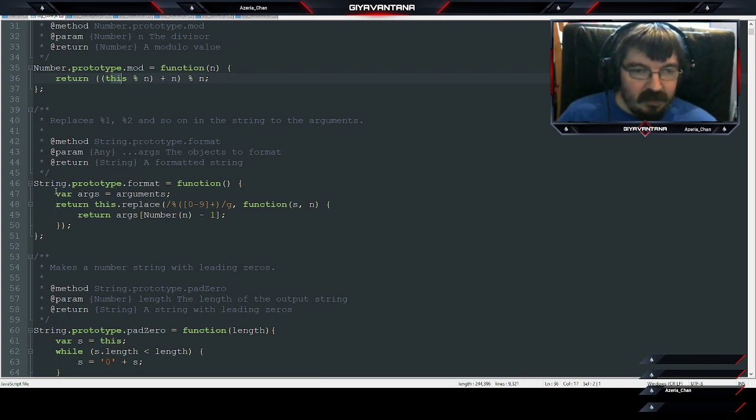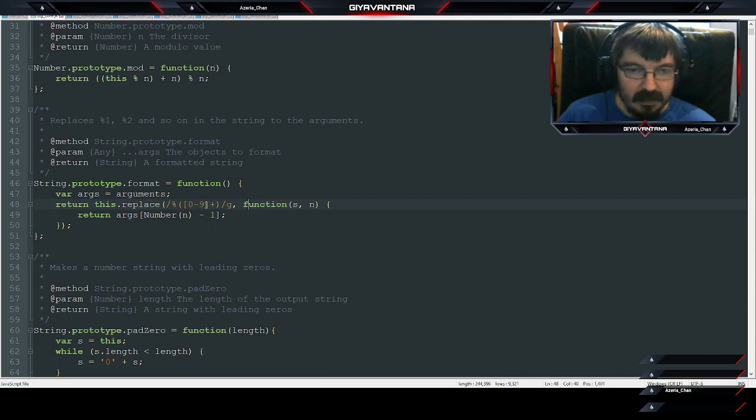First of all, we set a temporary variable called args to the arguments that are passed into it, whatever they happen to be. And then we're returning the result of calling the replace function on the current string. And what we're replacing is a percent sign followed by any number of digits from 0 to 9, at least 1, globally, and we're replacing that with a function